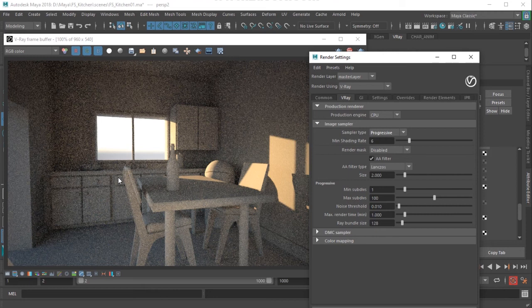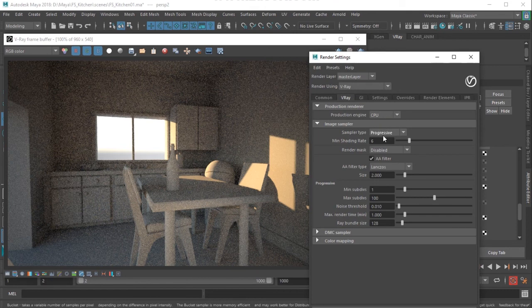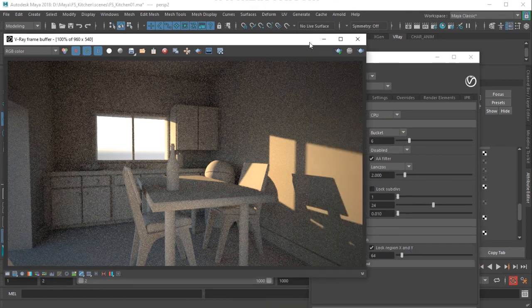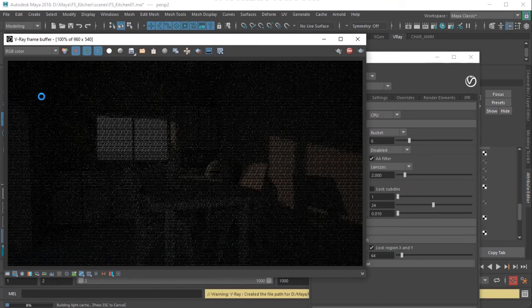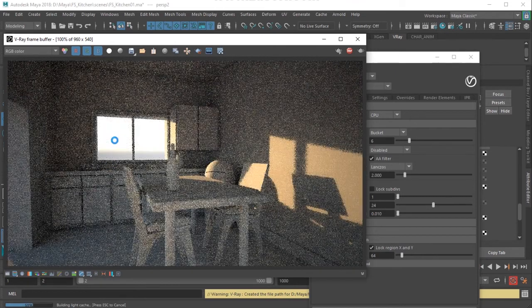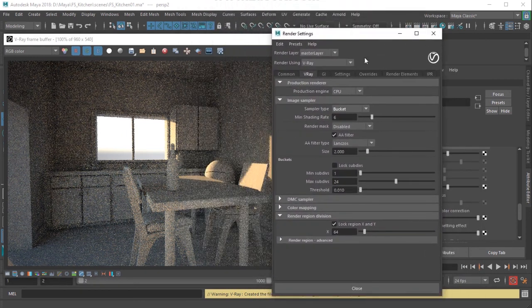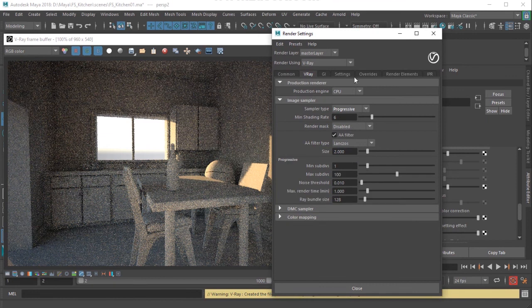But if you choose bucket, then you render this in buckets, which are small rectangular, square shaped areas. It renders part by part there. So I just click this button here, and then